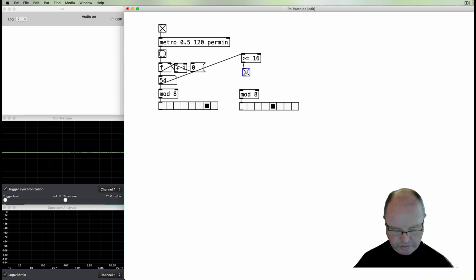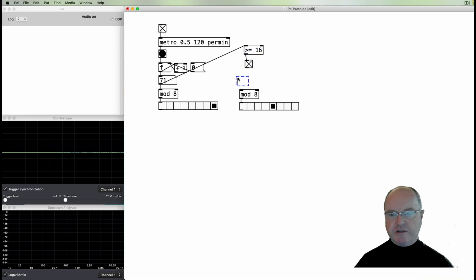What could also be handy in relation to this would be to have a spigot, which is a gate in PD, started closed, and we could make the toggle open and close that gate. We could pass the number also to the gate